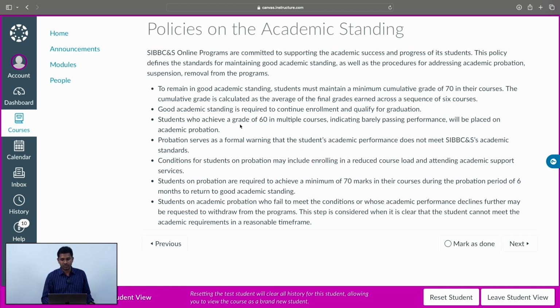And so students who achieve a grade of 60 in multiple courses, like on a regular basis, indicates that they are barely having pass marks or barely performing, and so they may be asked to be on probation. You'll be allowed a certain time where you can actually prove yourself better. For example, if you have done very poorly and the academic office notices that and tells you that you cannot continue, and you would like to continue, then you will be on probation for a few months, and within that probation of the next couple of months you have to prove yourself that you are capable